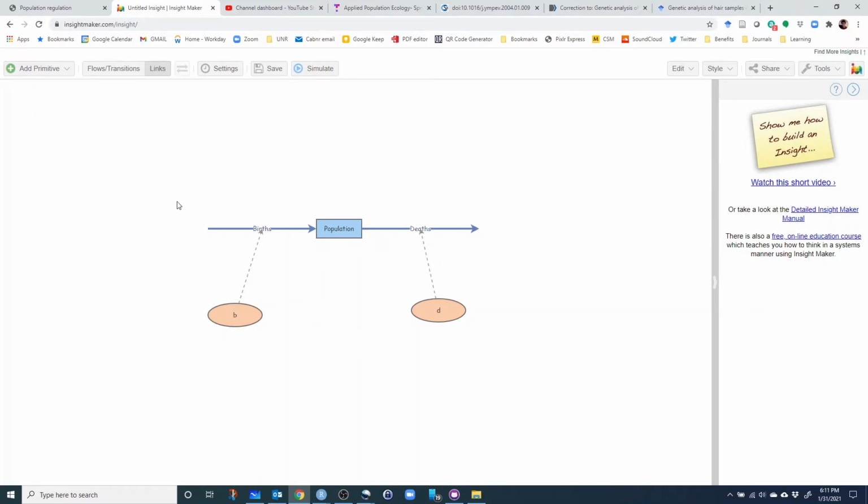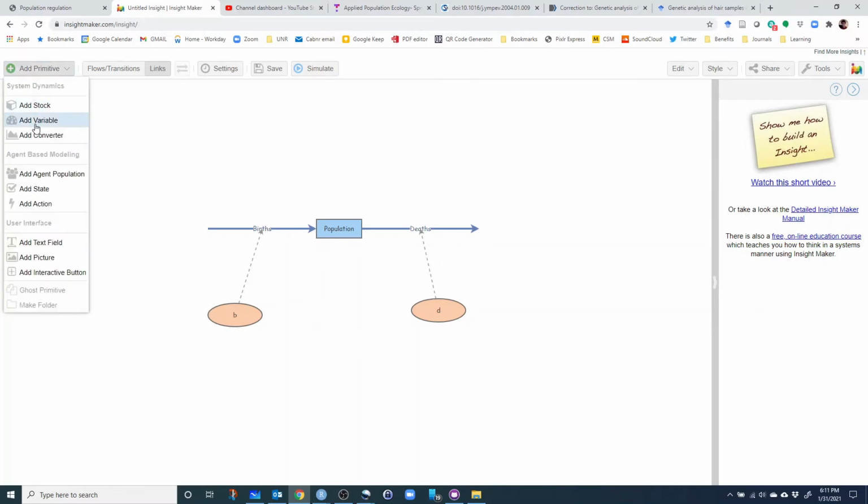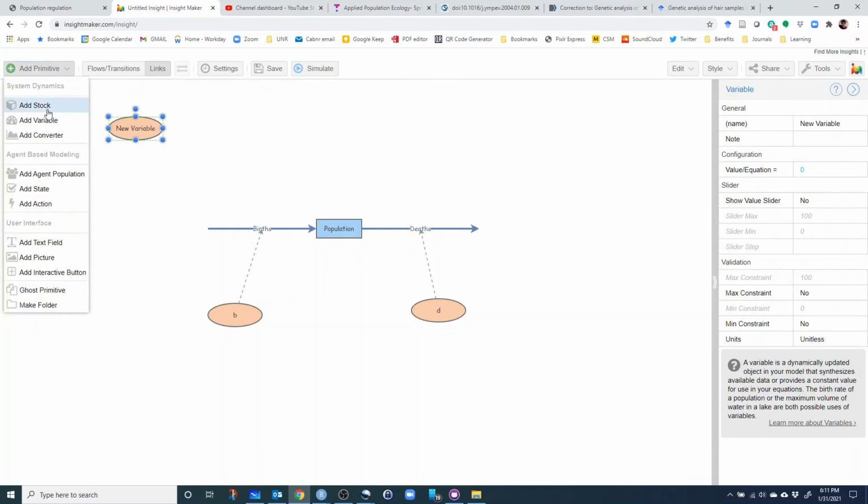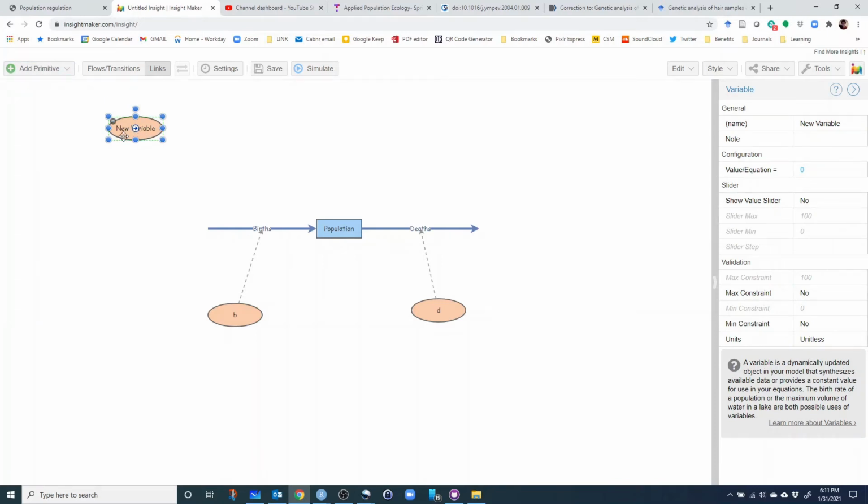Now let's implement density dependence. So what we're going to do is add some variables, 4 variables to be specific. A couple of them are going to define the density dependence relationship for the birth rate, that is how birth rate's going to decrease with higher density. And I'm going to add a couple of variables to represent how death rate's going to increase with density. So both vital rates are going to get less and less favorable as density gets higher, or population size gets higher. And it's going to make some links